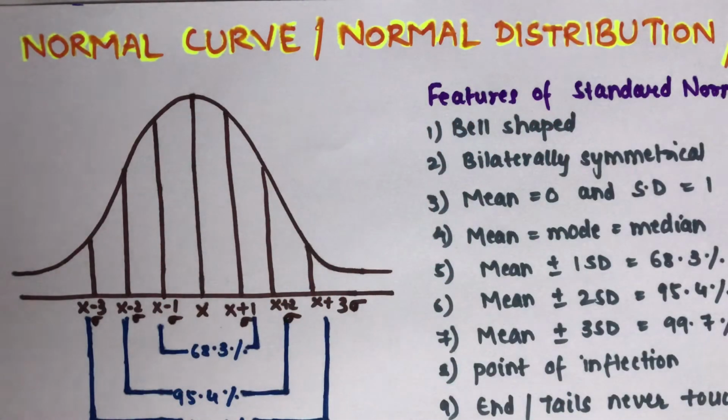The topic is the normal curve, also known as the normal distribution or Gaussian curve. This is a subtopic from biostatistics. In the last video of biostatistics, we saw the central tendency, which were the mean, median